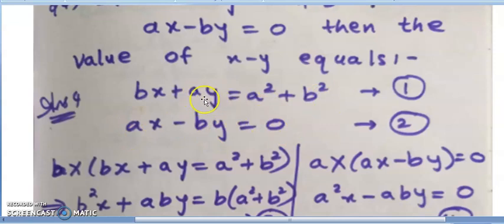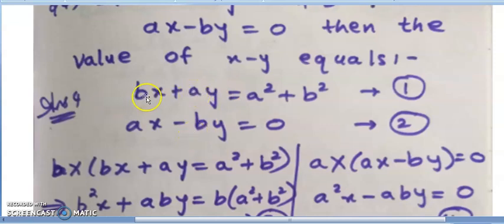So here observe the coefficients. The coefficient here is plus a and the coefficient here is minus b. I need to make both of them equal. Here I have plus, here I have minus. So easily if I add 1 and 2 I can cancel one variable, but here I need to make them equal. a and b are not equal. So what I can do is this plus a I can multiply with b so that it becomes plus ab, and this minus b I can multiply with a so that it becomes minus ab. So plus ab here, minus ab here, both can get cancelled.